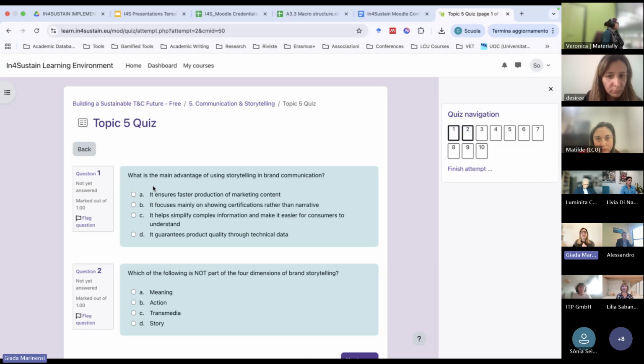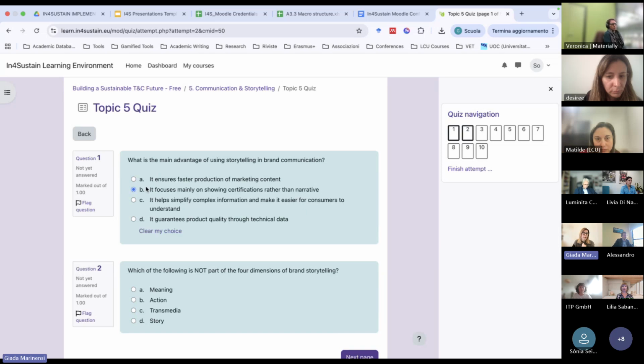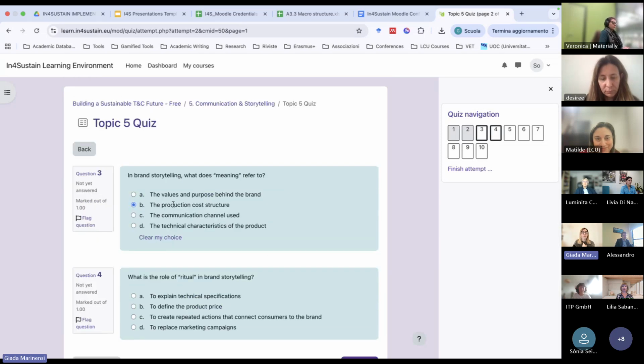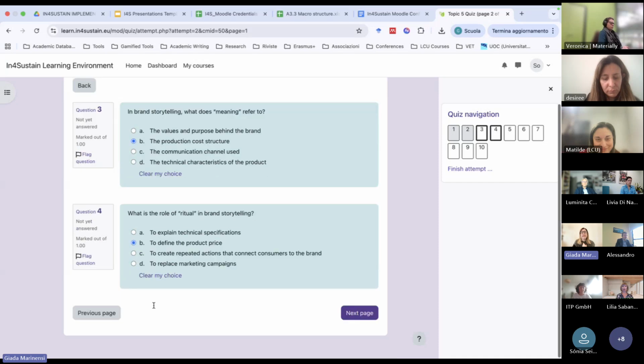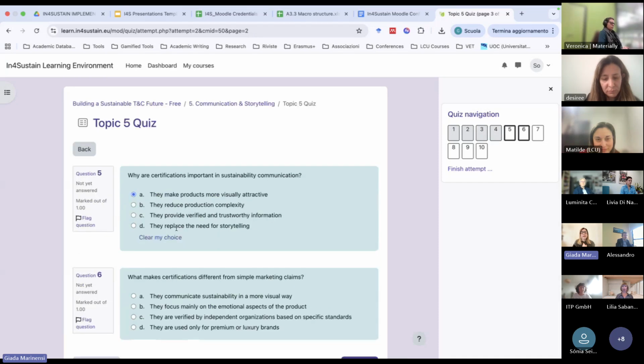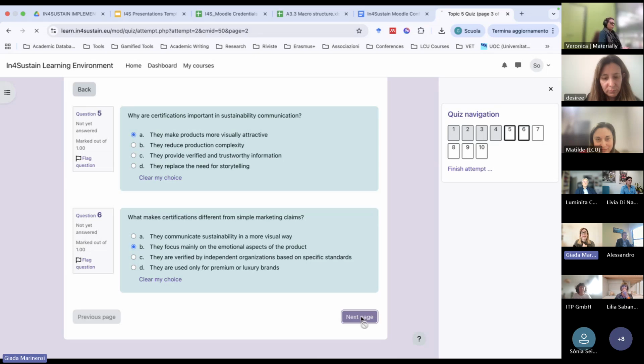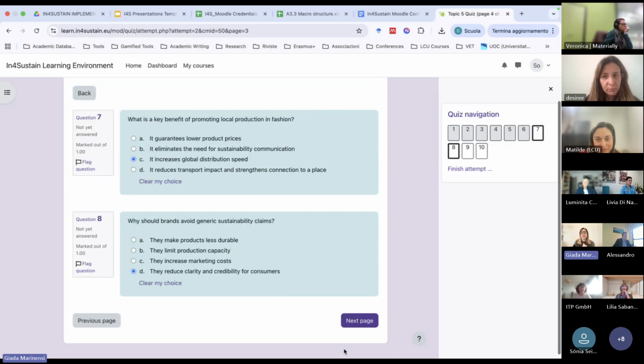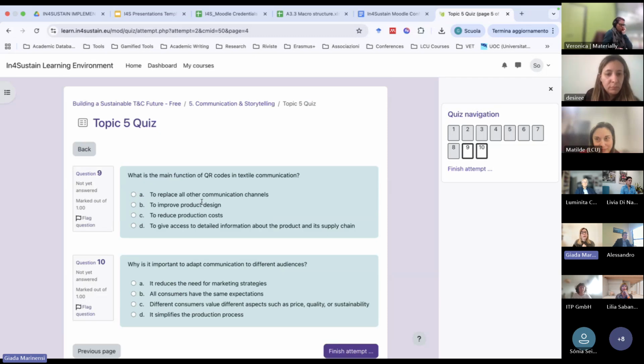But most importantly, now I'm going very quickly to it without reading it, just to show you how it works.